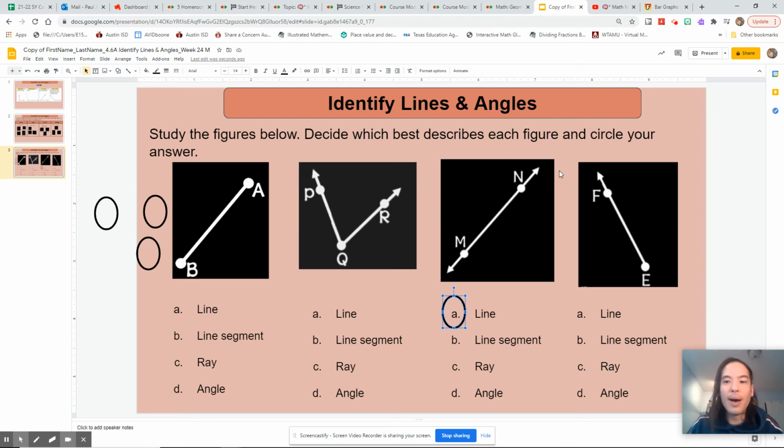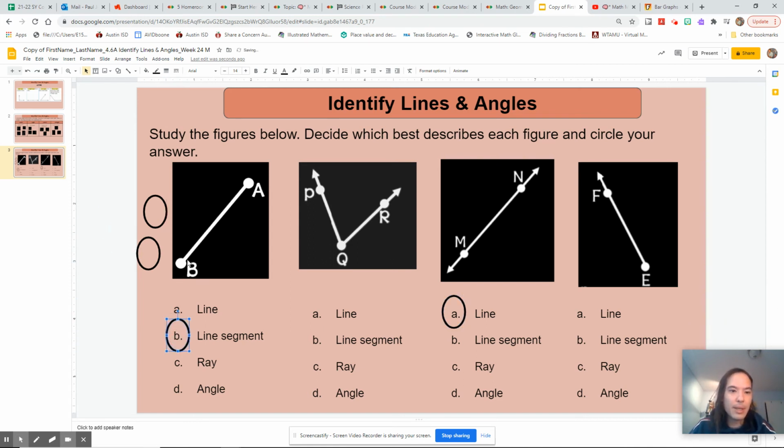So now, if we're looking for a line segment, that's going to be when we cover up the, like, we take these arrow parts off that go on forever and just say, like, oh, it's only this part from M to N. That's the segment, just this part of the line, not the arrows that go on forever, but just this part. So when looking at a line segment,